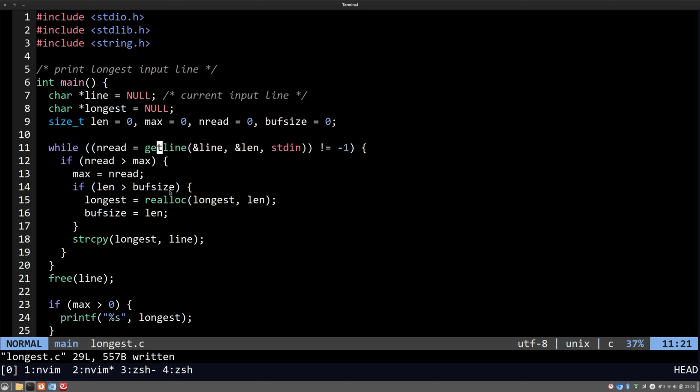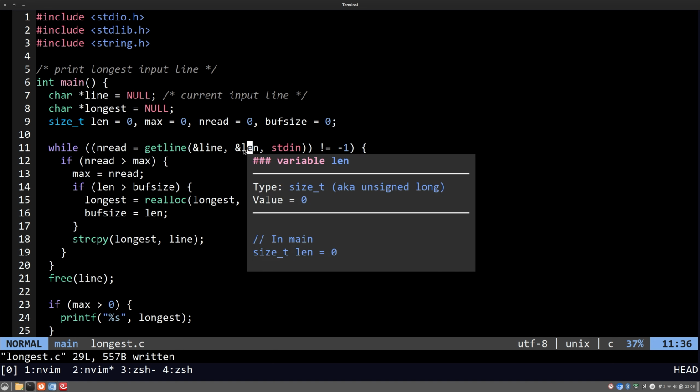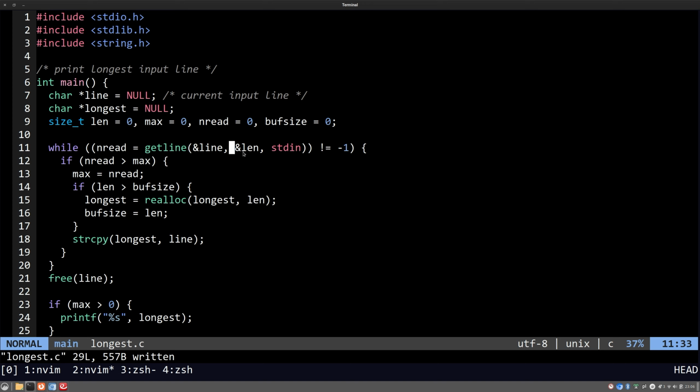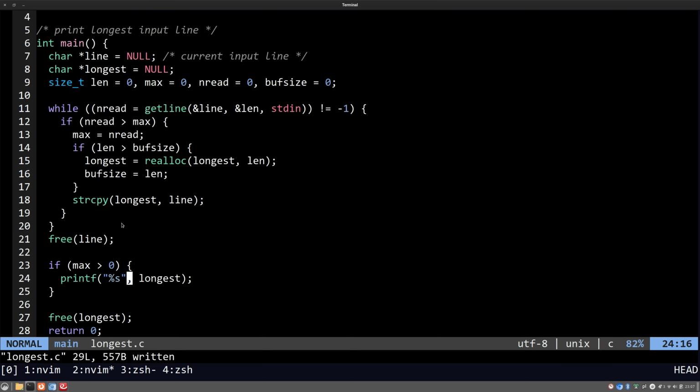So this is great. And getline already has some safeguards in place to define a buffer big enough for us, so we don't have to worry about dynamically allocating those sizes, because getline will always get a new one for us, and then we get the actual size of that new buffer, and you can use it with realloc. And I think we can also print